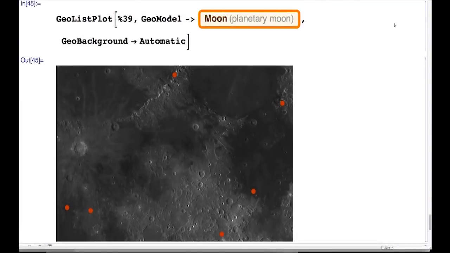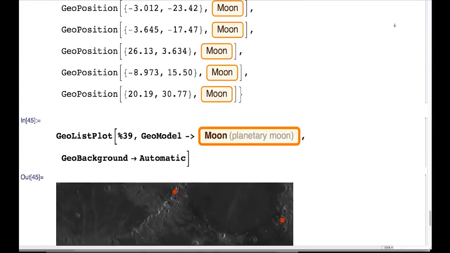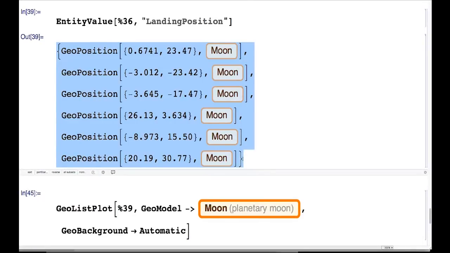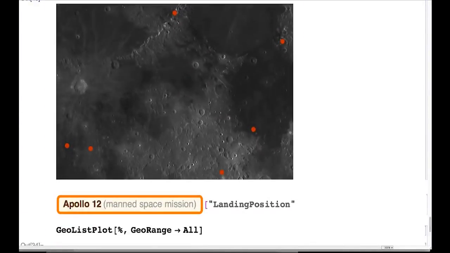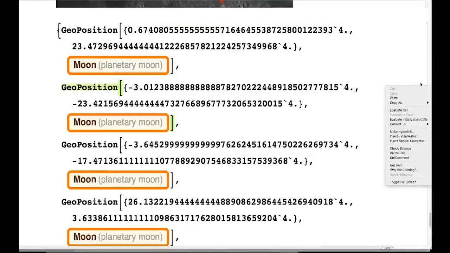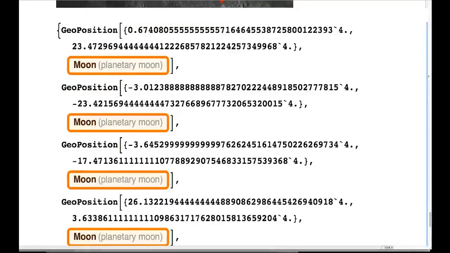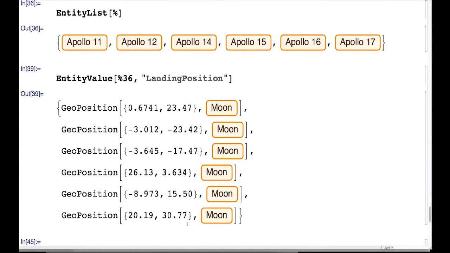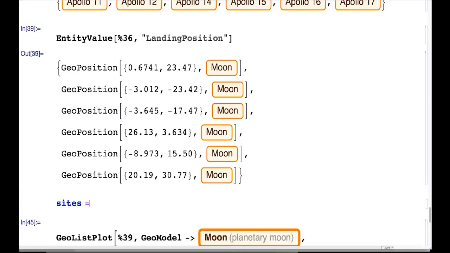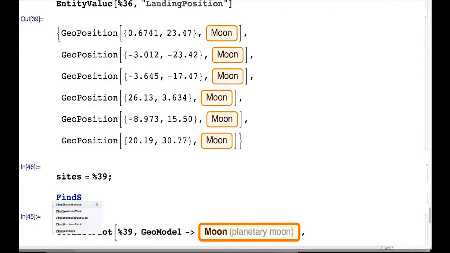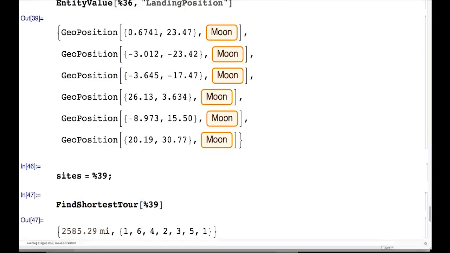And one thing we could work out, just for fun, I'm digressing here, but I'm having fun at least. I could get a traveling salesman tour going, if you wanted to, to visit all of the lunar landing sites. So let's try. Okay, landing sites is line 39 here, and now I could say find shortest tour of line 39, and that should give me